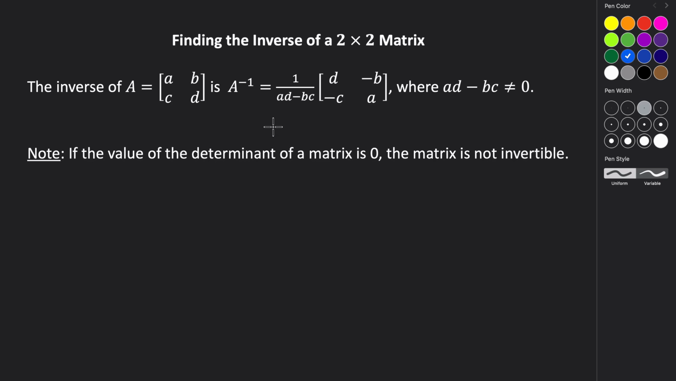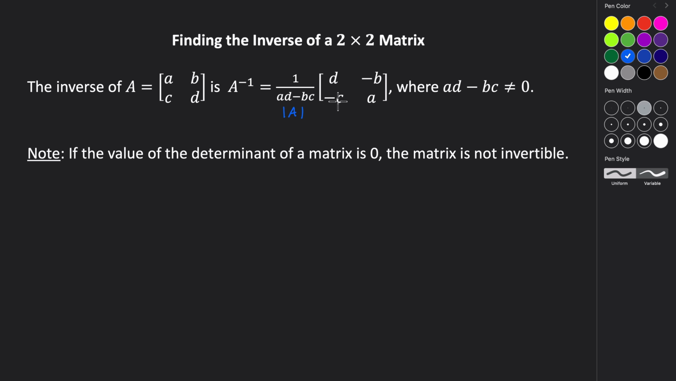In this video, we're going to look at how we can determine whether or not a square matrix is invertible and how to find the inverse if it is in fact invertible. So if we're given some matrix A, we can find its inverse in the following fashion. So we take 1 divided by A times D minus B times C. Remember, this is just the determinant of A,